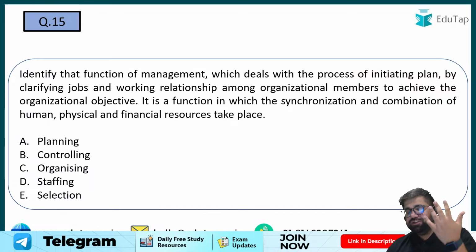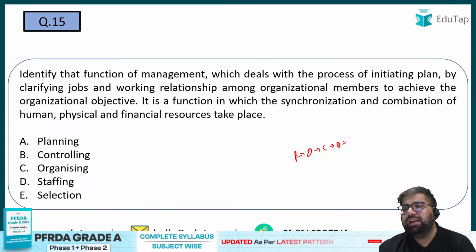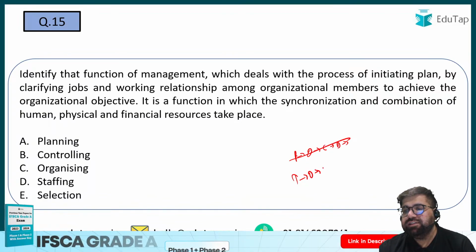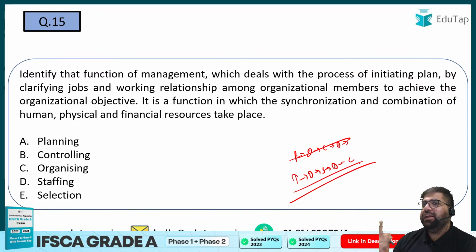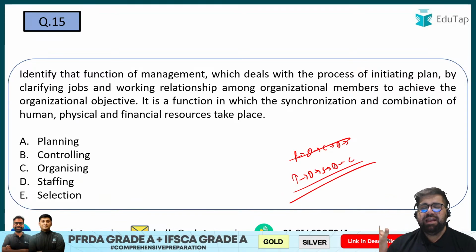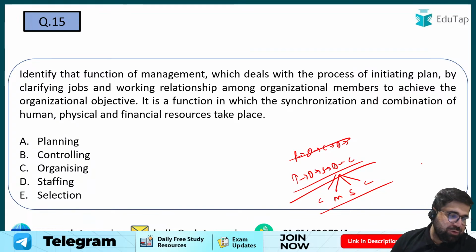Now there are 5 functions of management. We all know you start with planning, then you move to organizing, then you move to controlling, then directing. Okay, so I think this is wrong. Planning, organizing, staffing, directing, and controlling, right? Directing also has 4 components, right? So you have leadership, motivation, supervision, and communication. So try to answer this question.